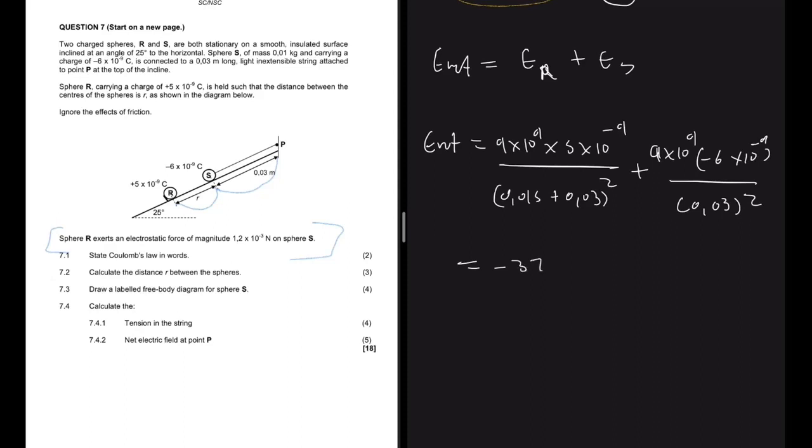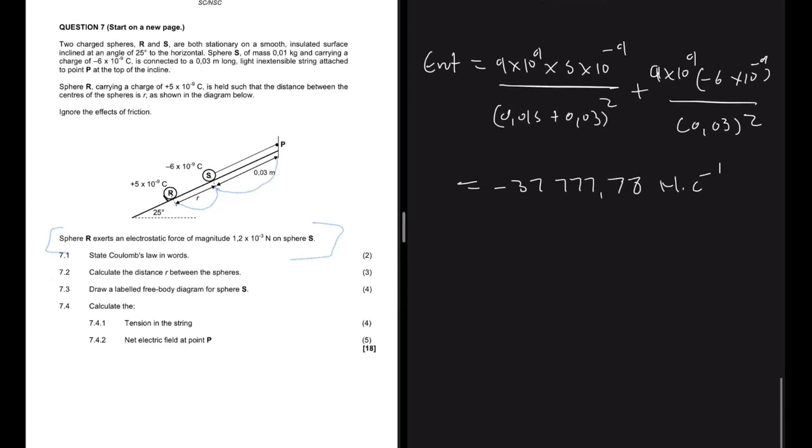Yeah, that is giving me minus 37.78 nano per coulomb. And then yeah, that's it for this question. We're done. So the key points, the things to remember,